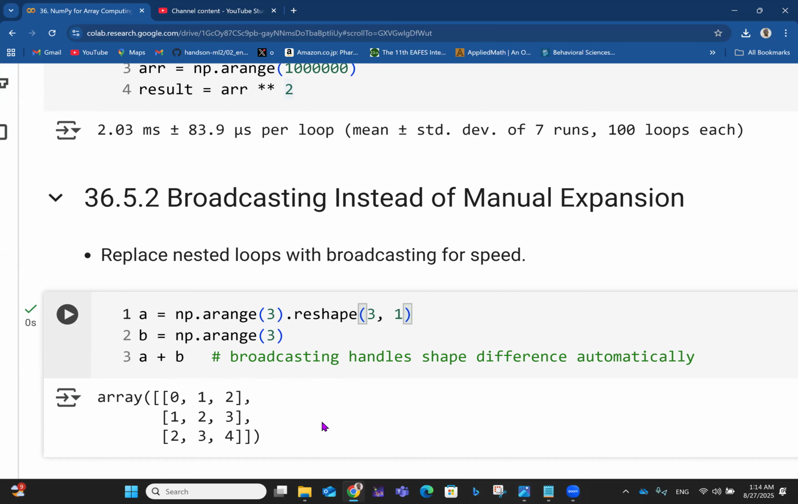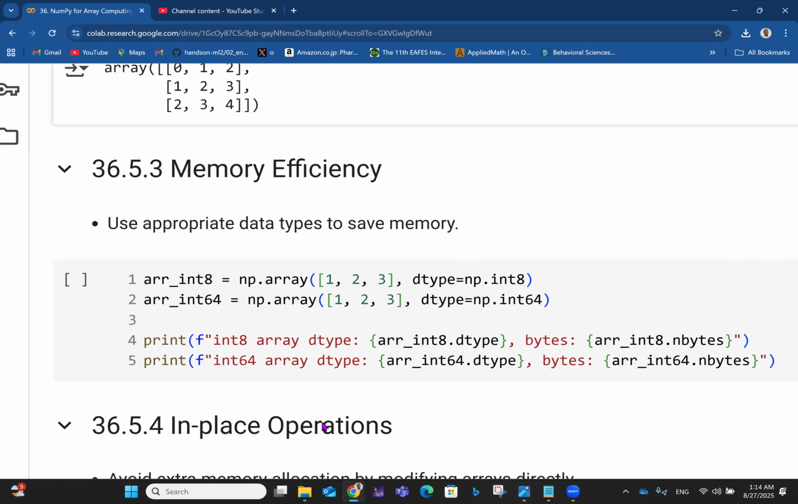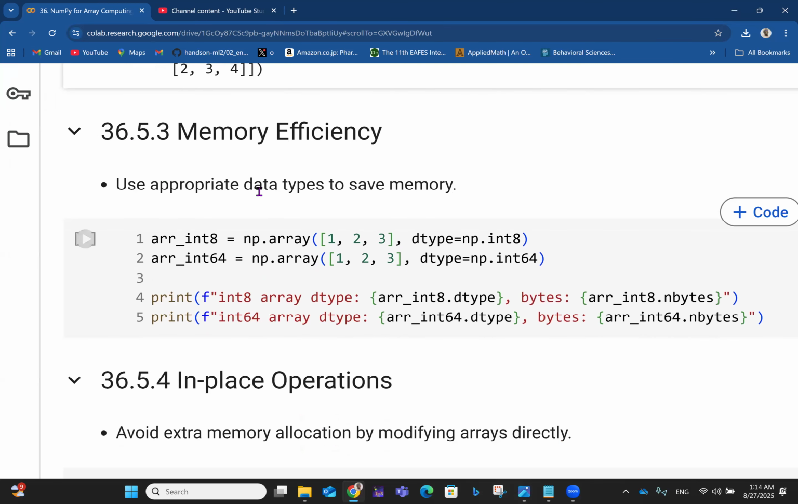So you can broadcast instead of manual expansion. So that's quite efficient. Then we also have memory efficiency, right? You can use appropriate data types to save memory. So imagine, well, in fact, I can even say,